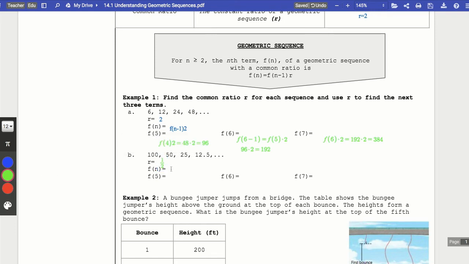And so when I write my recursive sequence using the common ratio, I'm going to have f of n minus 1 times 1/2. And that's going to give me my sequence. So then again, calculating f of 5, I'm going to have f of 5 minus 1 times 1/2. f of 5 minus 1 is f of 4 times 1/2, which is equal to, we have 12.5